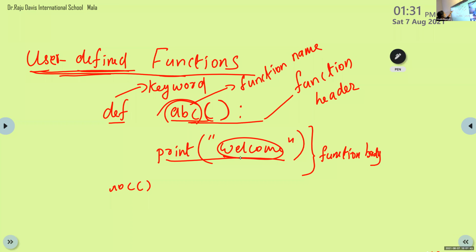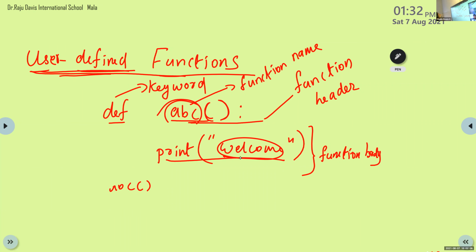So it is a little lengthier program, and we want to simplify it. We can use separate functions for sum, subtraction, multiplication and division. So for simplifying a complex program, we use these user defined functions.